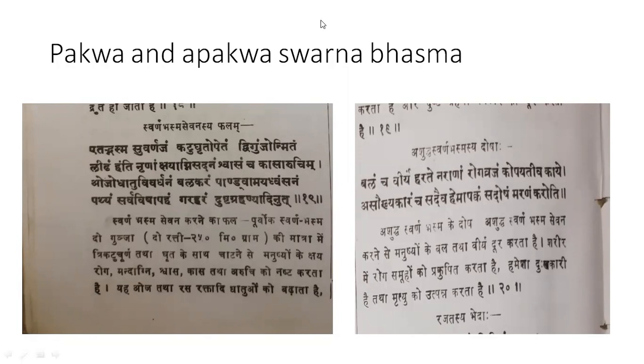So in Suvarna Bhasma, when used with Katu Grutopetam, so with anupan of Trikatu and Gruta in Dvigunja form. So this combination should be used in Dvigunja matra, that is Suvarna Bhasma, Trikatu and Gruta. As matra of Suvarna Bhasma, as we know, Rasatarangini has given 1/8 to 1/4 of Gunja. So say around 15 to 30 mg is the standard adult dose of Suvarna Bhasma. Nowadays, no one uses even this high dose. Mainly 2 or 3 mg or 5 mg doses are used nowadays. But yes, if you use